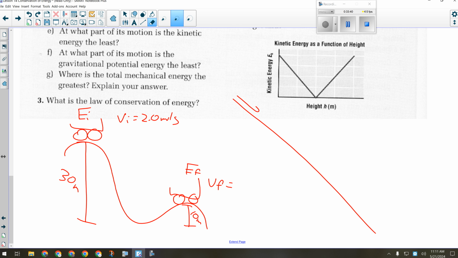a kid on a sled, that's a toboggan, going down a hill. They start out here with an initial height and an initial speed; down here, they've got a final speed and a final height, but their energy is the same. The mechanical energy, I should specify, is the same. How much of it is kinetic is different, how much of it is potential is different, but they add up to that same number all the way down. Everybody all right with that idea?